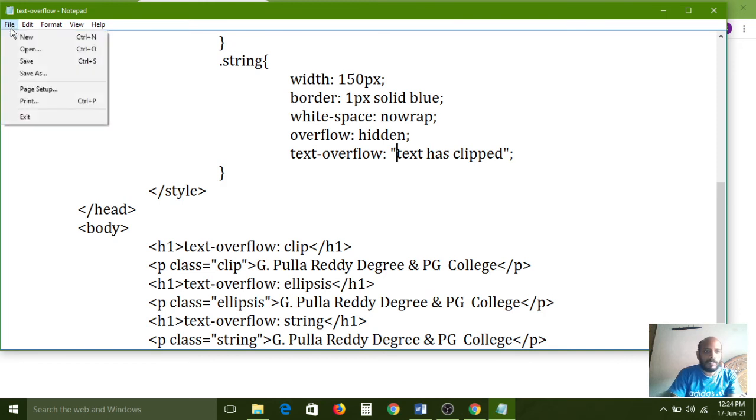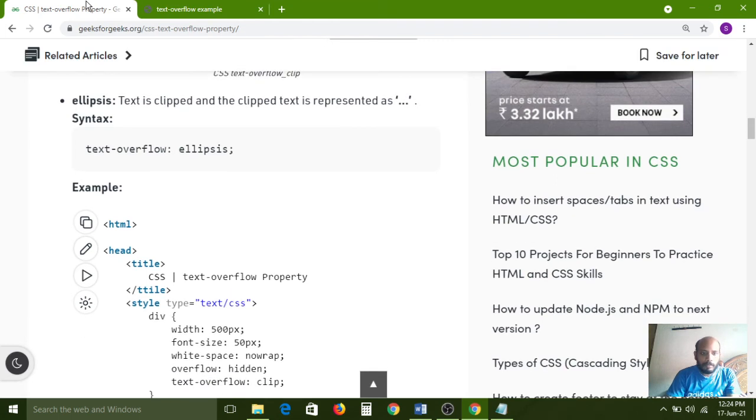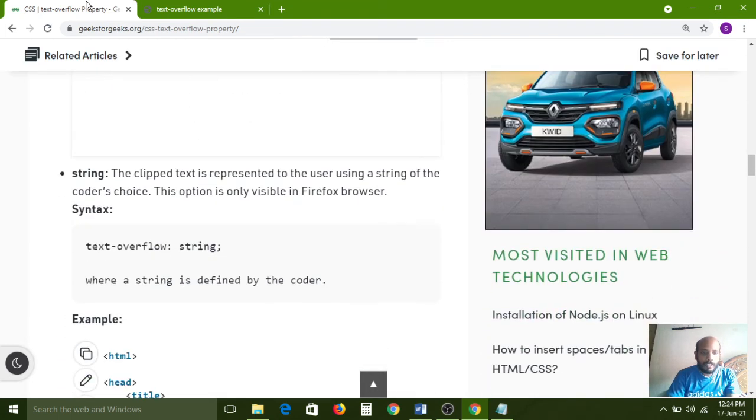Now I am saving this one and refreshing the page. Wait, the third value, string, we have to see right now.